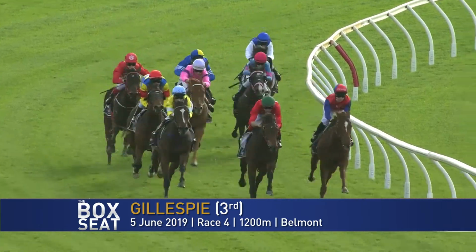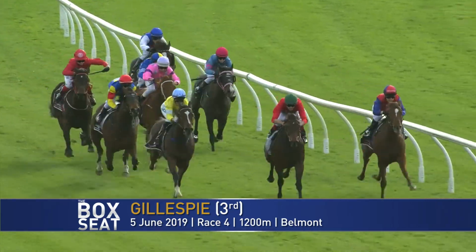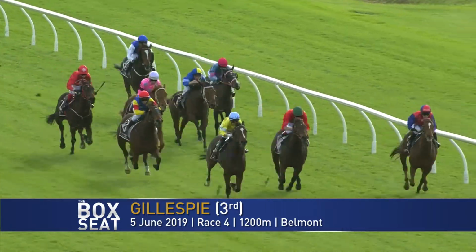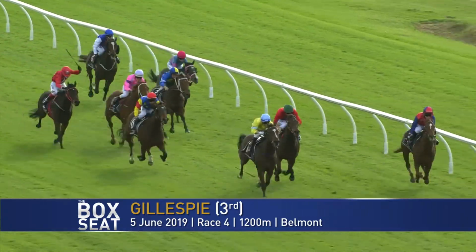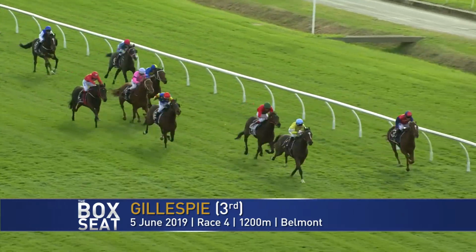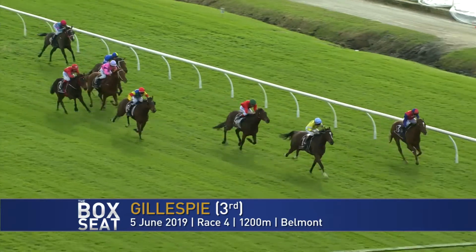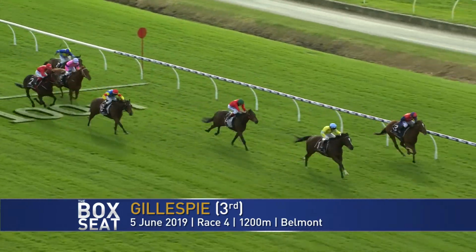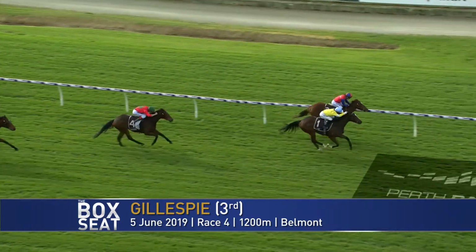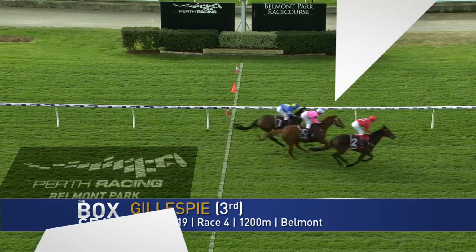Quick Reflex dropping right out, homeward bound. They're into the straight. It's Gillespie and now Baron Bostock, which are together. Essential Spices, they drift apart down towards the inside. Fights back 2 lengths behind them, Heron Sand. Baron Bostock on the outside reaches the lead. Essential Spice fights back on the rail. Baron Bostock, Essential Spice coming back tooth and nail. Baron Bostock, Essential Spice went to it. There's little between them. The judge...